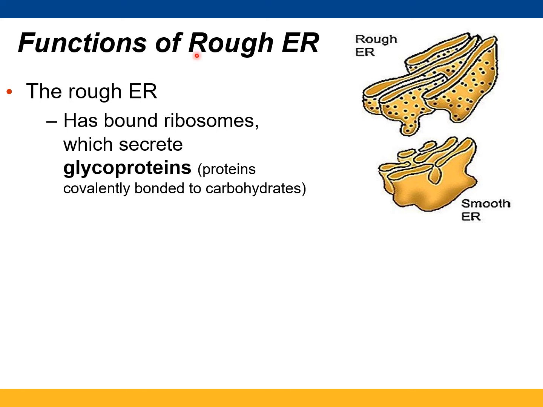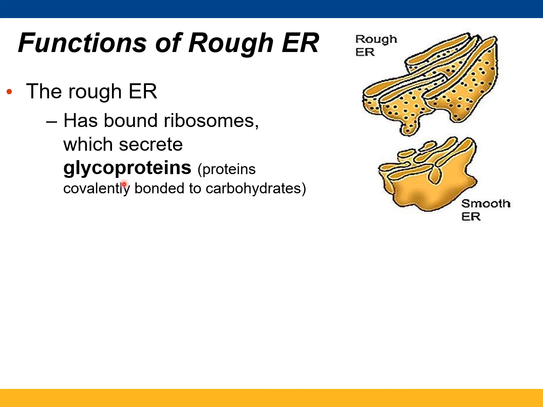In talking about the rough endoplasmic reticulum, there are two words to keep in mind when it comes to function. Protein synthesis, that's because they have a membrane with these non-membranous inclusions, the ribosomes. So protein synthesis and protein targeting. Targeting means getting it to where it needs to be in or outside of the cell. So the rough ER has those bound ribosome inclusions, and it will, and secrete is a little bit premature here. It's a little bit premature, but in any case, if you see the word glyco associated with, for instance,